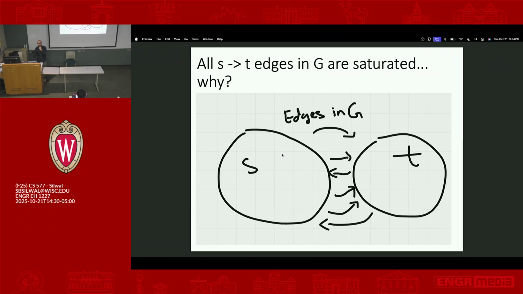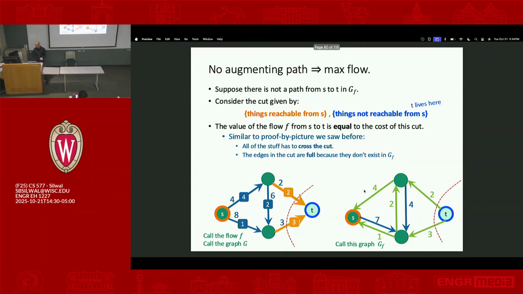That's not allowed, right? Because this is, by definition, all the vertices that I can reach from S in G sub f, okay? So all the edges that go from S to T are fully saturated. That proves that, okay? And you can kind of see here, right? So here the cut turns out to be like everything, and then T's on one side, and the point is all the edges that go from here to here end up being fully